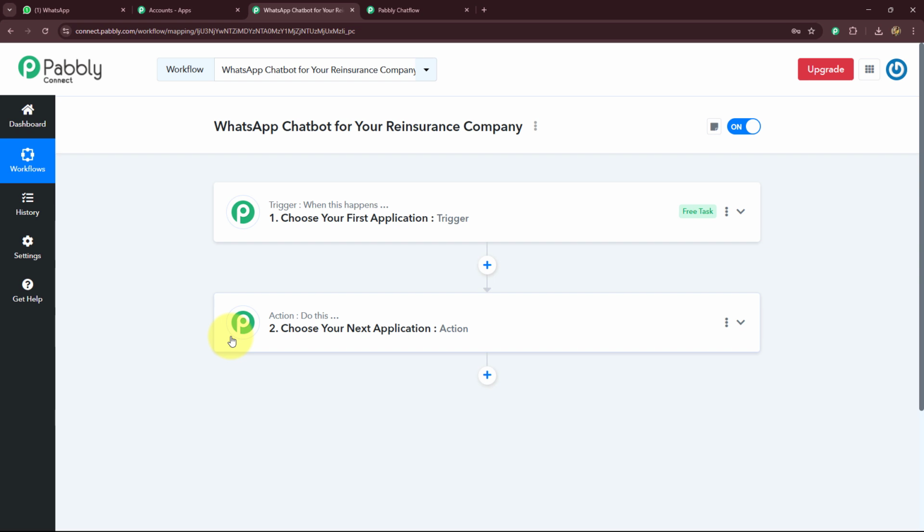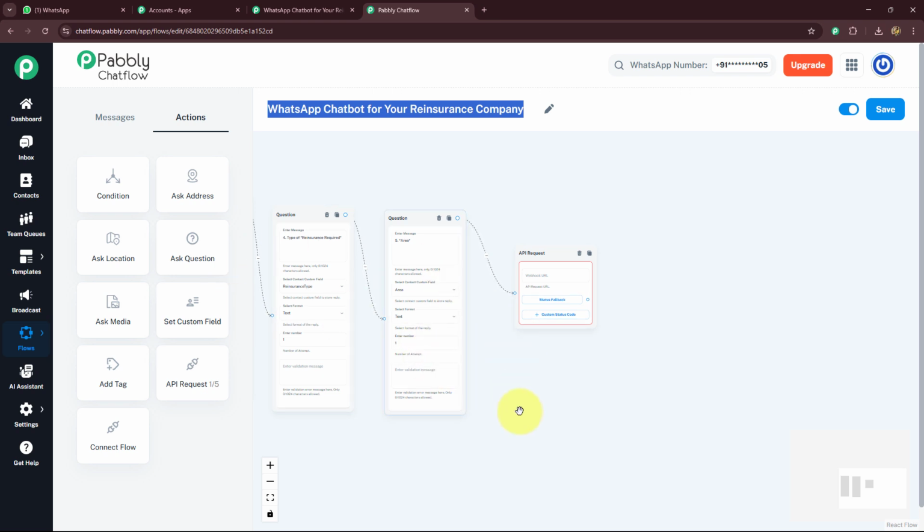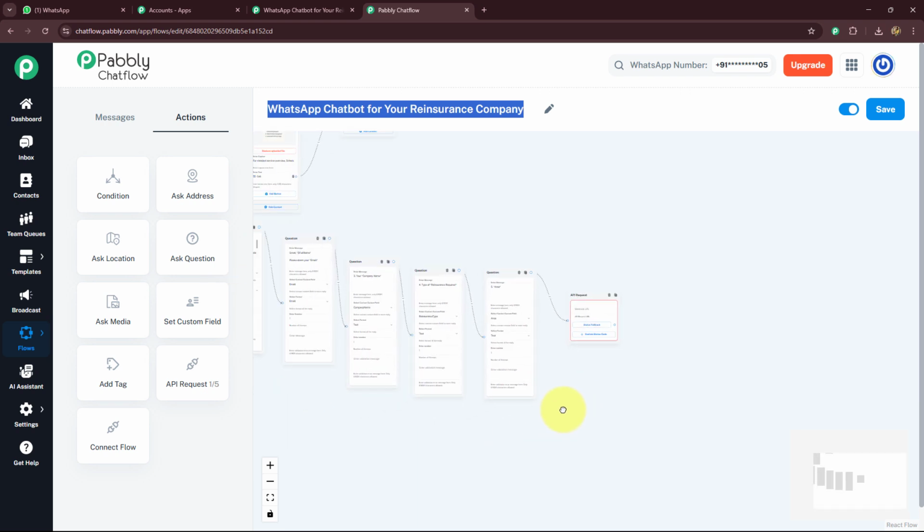Okay, now here we have trigger and action. Trigger and actions are the two main concepts on which the workflow actually works. Here we have trigger says when this happens and the action says do this. That means the action is the response towards our trigger. For example, here I want that every time I'm going to receive the details of my clients, of my partners that are interested from the flow when they are going to respond, automatically the details should be recorded in my